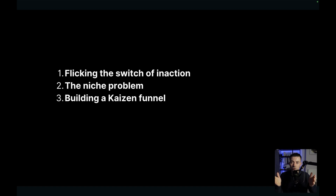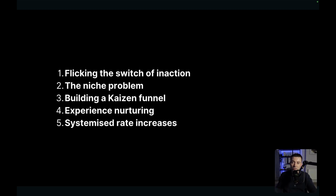So building a funnel that you constantly iterate and make better and refine until clients just have the perfect seamless experience. Then we've got experience nurturing, probably the most important part. Give a client the best product, but the journey to get to the end product should be absolutely perfect. It should be that good, that 10-star experience, that they want to tell every single person who'll listen about your service. Then we've got systemized rate increases, so how to identify what you should raise your price to and then